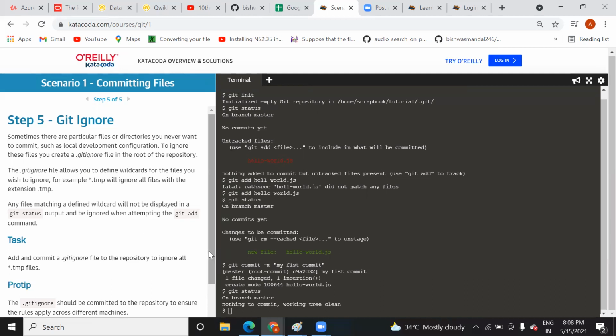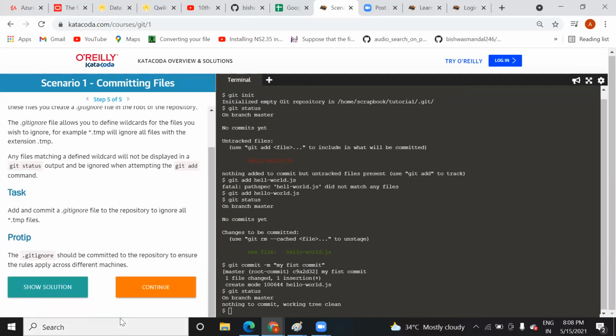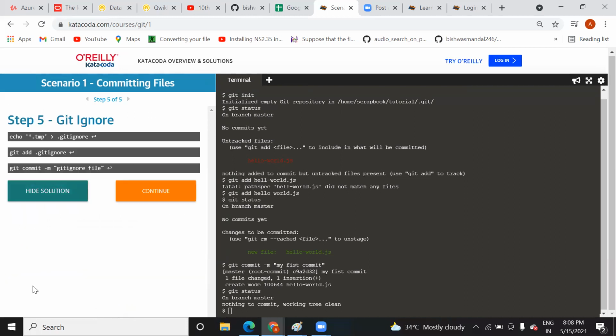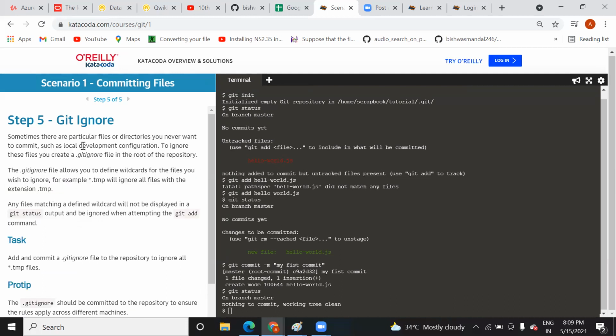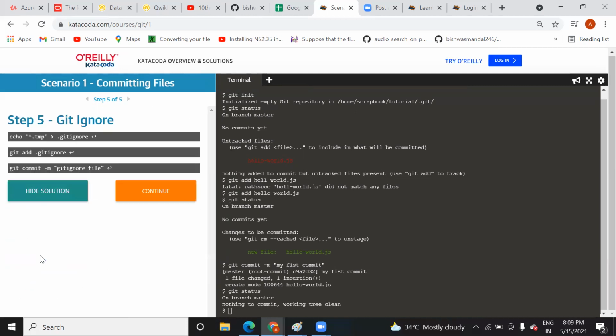Suppose you don't want to add any file, you can see the solution also. If you are not comfortable, if you don't know, you can see this command also. Let me hide the solution. It says first you need to do this. If it is not clear, you can just see the solution. It says that you don't want to add a temporary file. Suppose the tmp file is there and you don't want to add it, you can simply write it down,